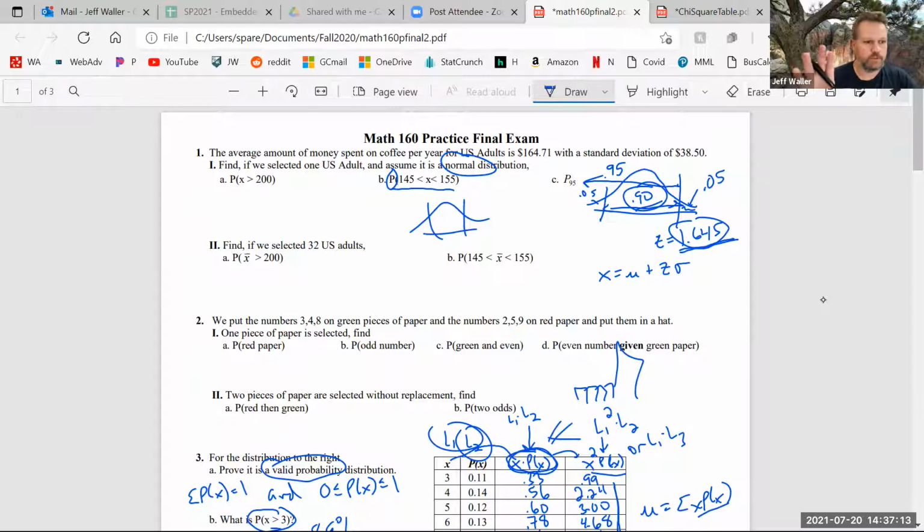Okay. And then I just have to plug that in, and I know what the standard deviation is, and I know what the mean is. Is that all right? Just to convert that back to a cost of coffee. Yes, thank you. Or is it kofi? I don't know. Whatever you like to drink.